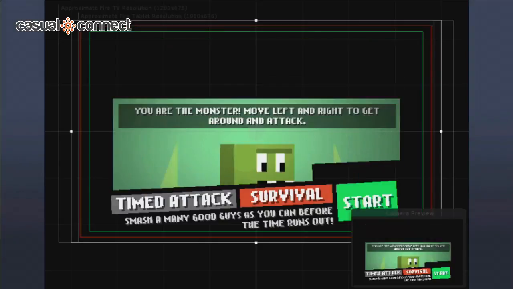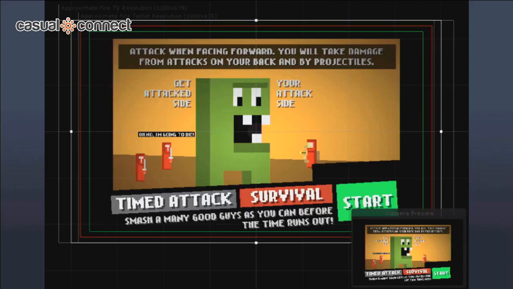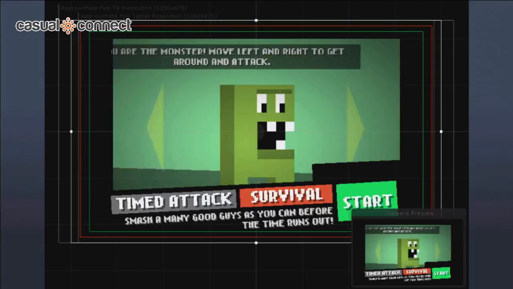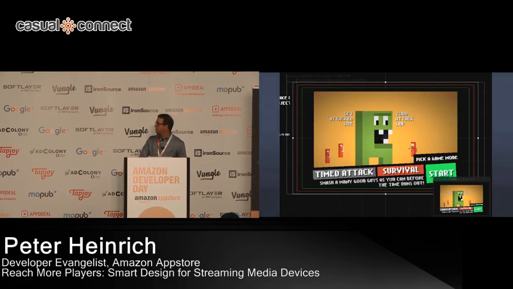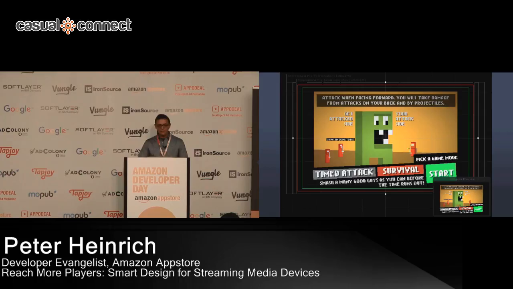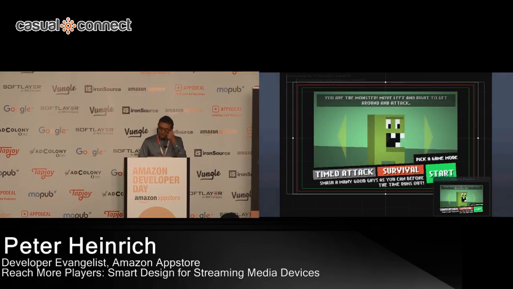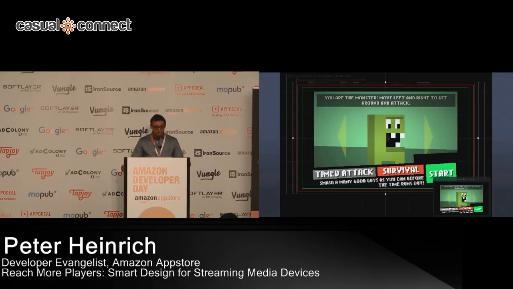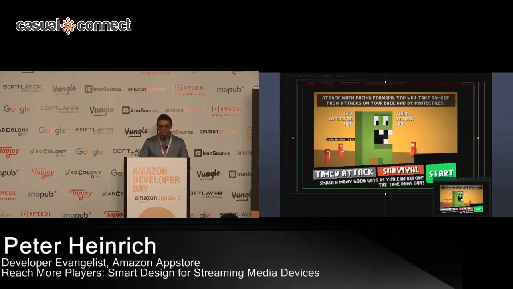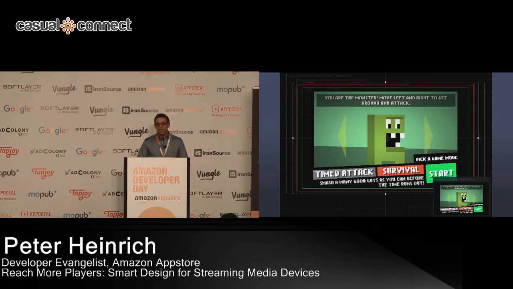So you can take this work in progress as an example. This game, which is developed in Unity, is designed to support multiple aspect ratios, as indicated by the colored rectangles on the outside. And it's a simple matter for us to detect at runtime the physical size of the viewport and then zoom in or out of the scene to scale the game display appropriately. I mean, it's simple because there's math involved, but it turns out that computers, even streaming media devices, are actually pretty good at math. So we can make our game use responsive game design essentially in 2 lines of code.